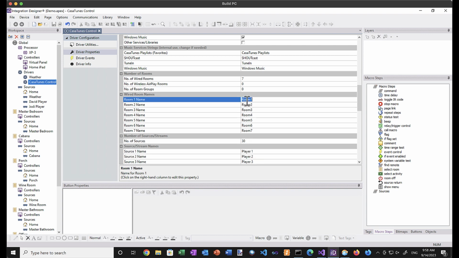So let's go ahead and put in our room names. Now it's very important that we match the names with the actual names that are configured in CasaTunes. So I've been very consistent. I've named everything in the order that they are on my matrix. So again, this is the master bedroom is our first one. Our cabana is our second one. Our porch is our third one. The wine room